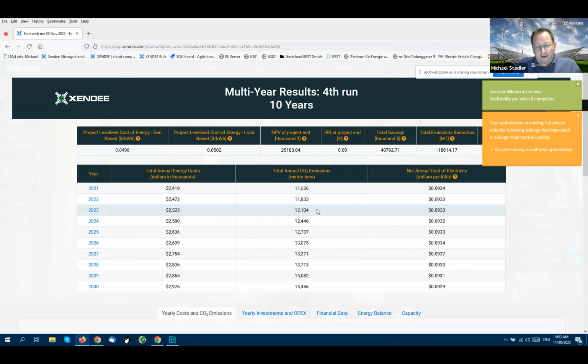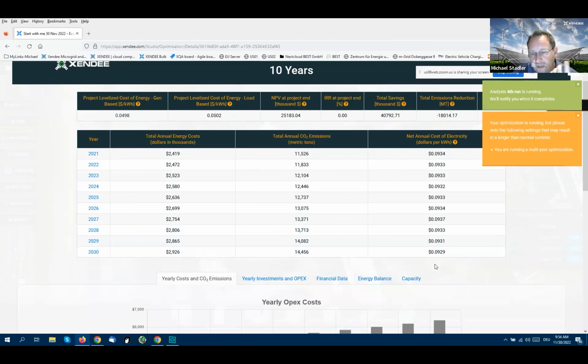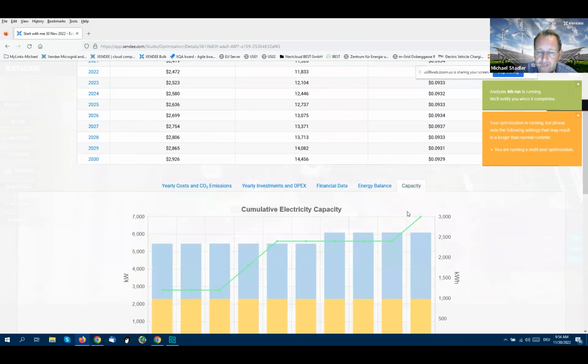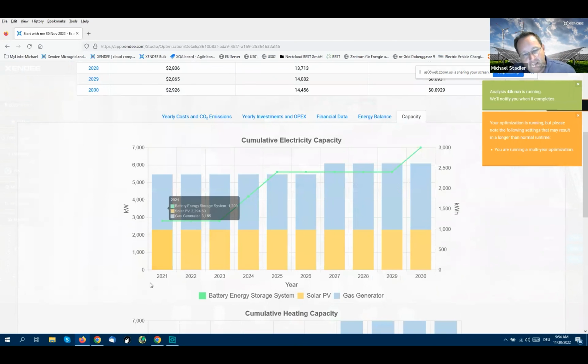And now you get for every year what your energy costs are, including amortized capital costs, what your CO2 emissions are, of course, net present value and all that stuff, and how your, in this case, cost of electricity is evolving over time. And as you can see, they're pretty stable here. And this is because over time we're investing in new technologies, and this is really the cool thing about this here, because we start here for the next 10 years in 21, and this yellow bar is the